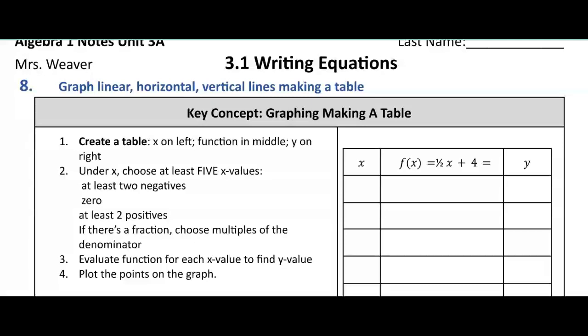All right, we are in objective 8 of our 3.1, basically writing and graphing equations. We've looked at graphing with intercepts. So we found an x-intercept, a y-intercept, we plotted those 2 points and we connected. Not all graphs are linear, where we can just plot with 2 intercepts. So this concept, making a table with multiple points to help us see the shape of a graph, is